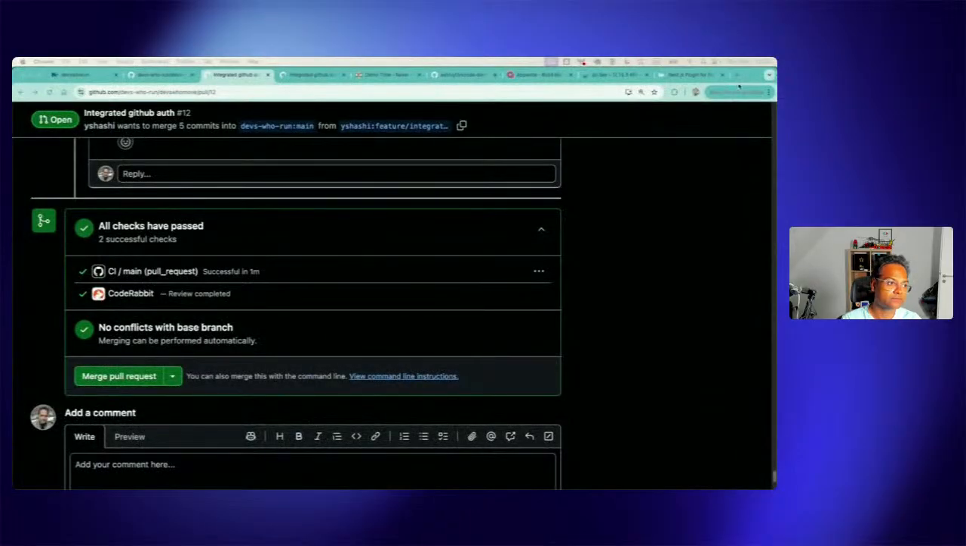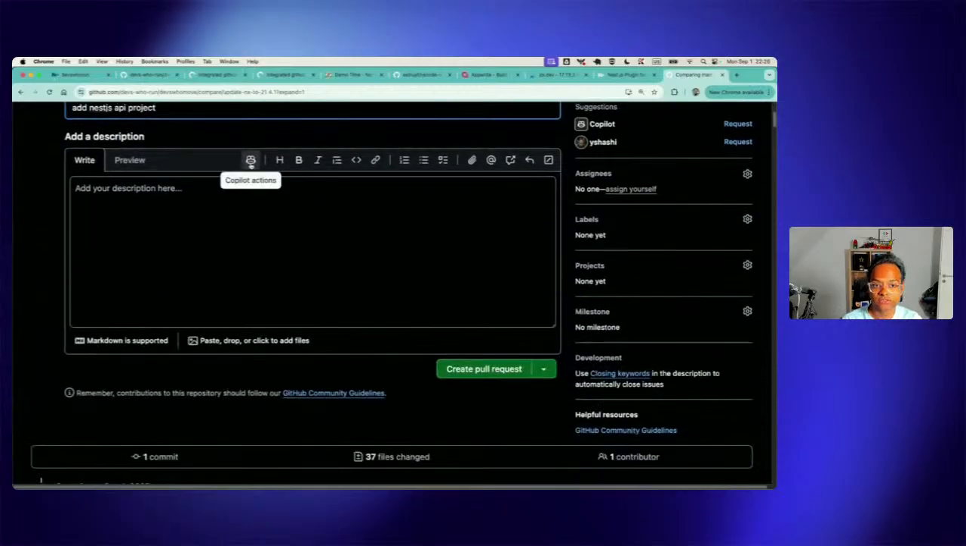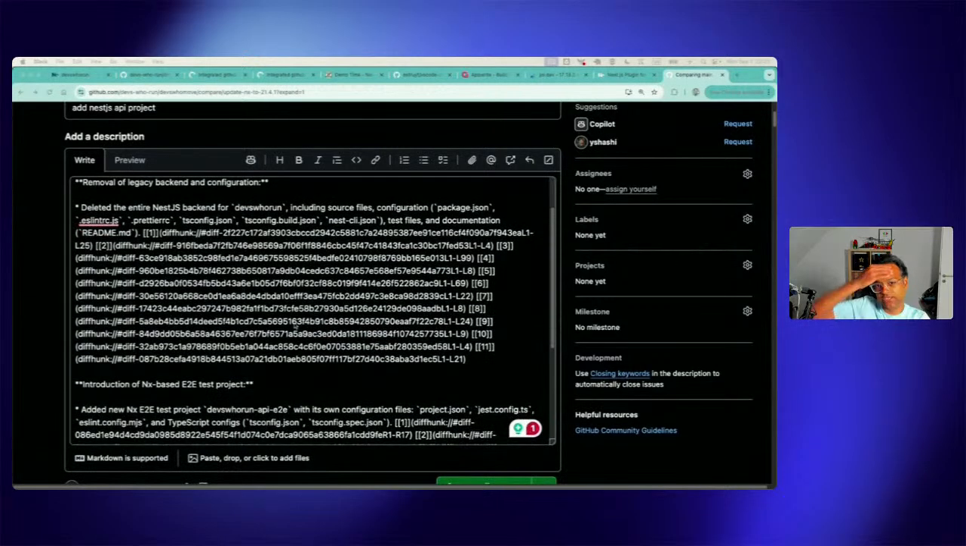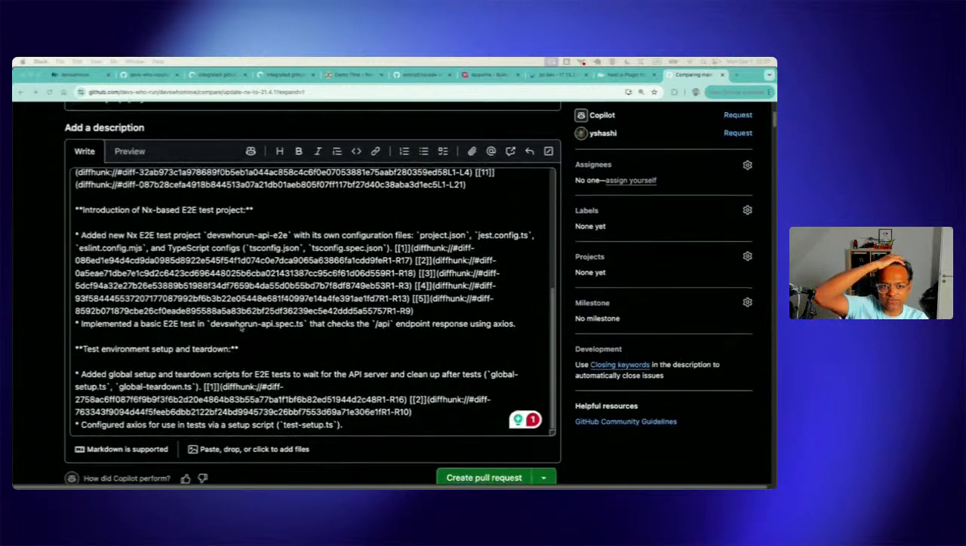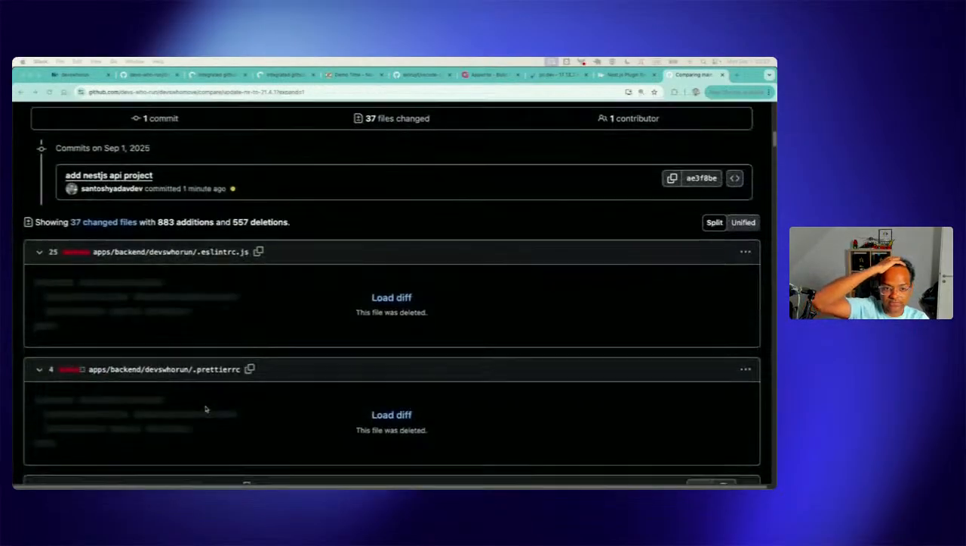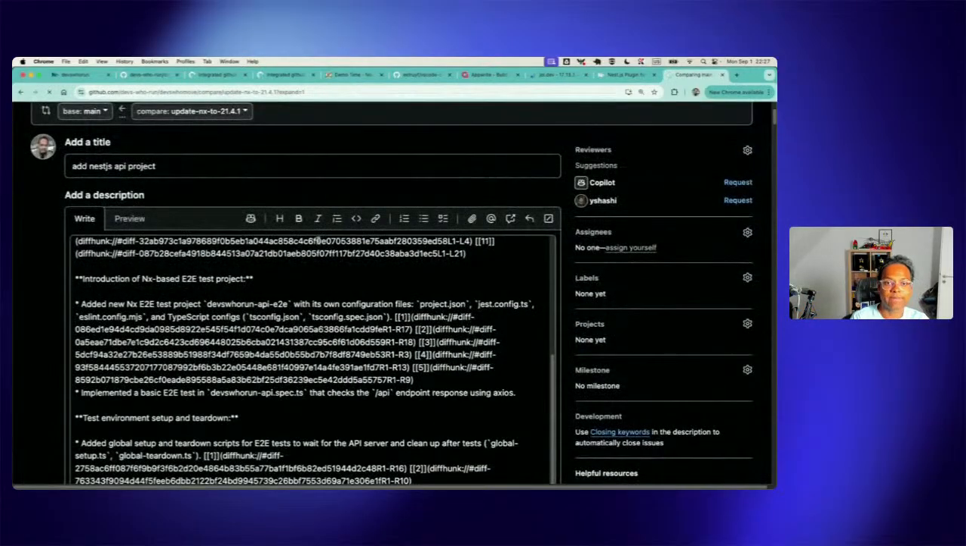Yeah, it was open on the other screen. So I'll say, okay, this is add NestJS API project, and I can use Copilot, of course, to generate the summary because I'm too lazy to write my own summary, and I'm not smart enough. And AI can do a better job at this, right? So it says, okay, I have deleted the entire NestJS project, introduction to NX-based E2E project, test environment setup and tear down. Okay, so let's see if I can create this pull request